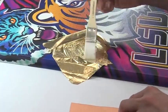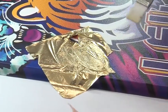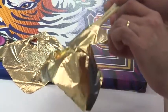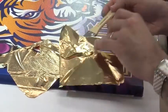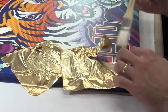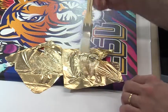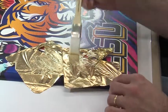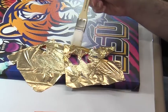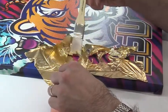There's nothing else like it, though. I mean, there is not one metallic ink on the market that will ever replicate just the beauty of gold. There's a reason why it is what it is, and it is very time consuming. It is very expensive, but I try to still,